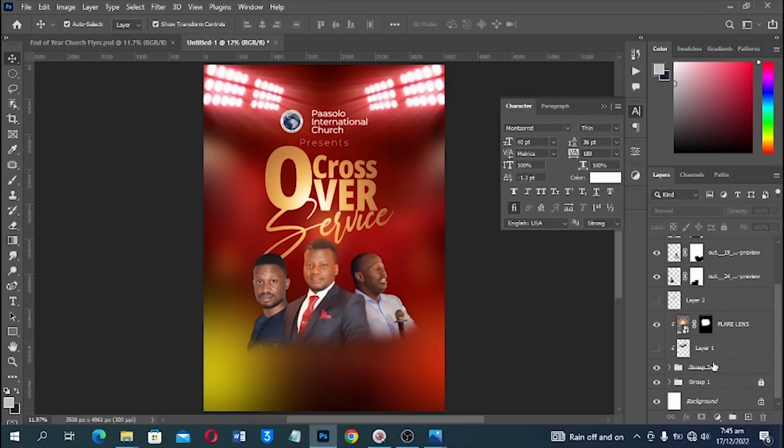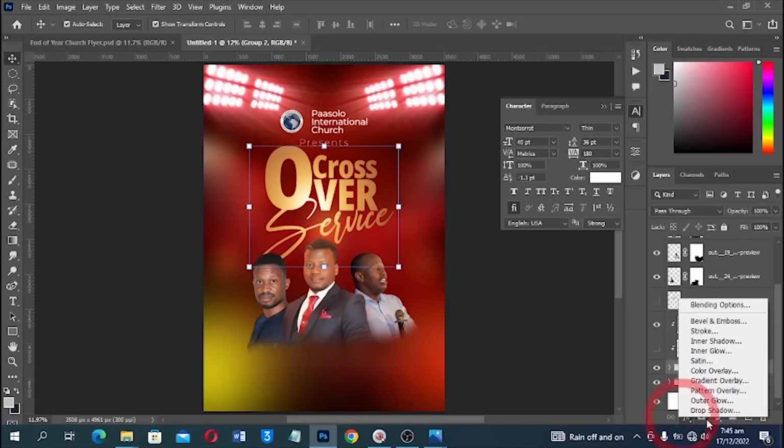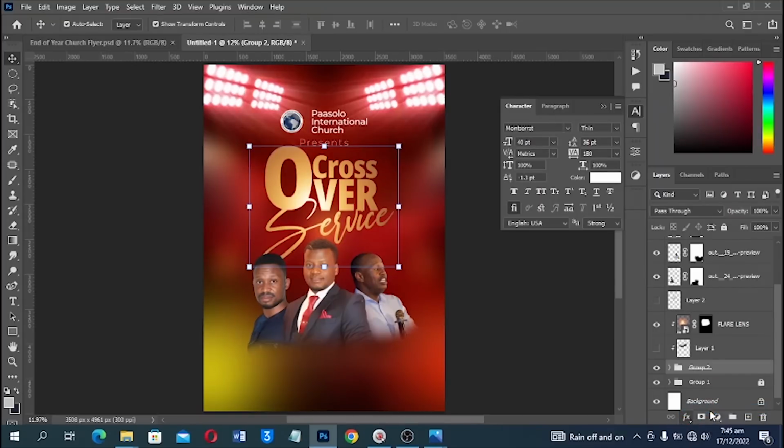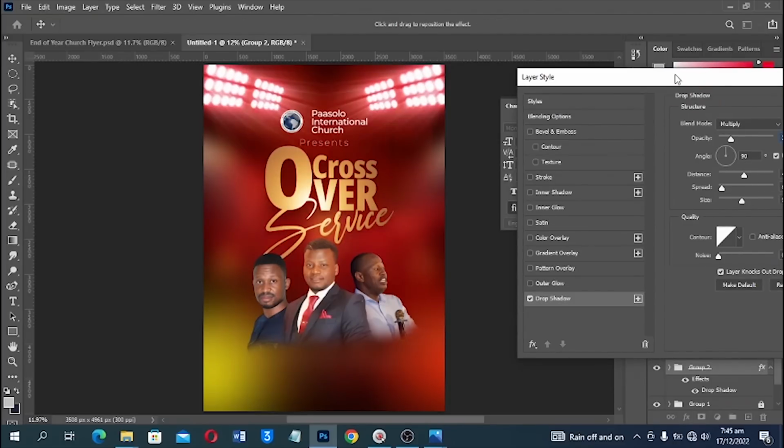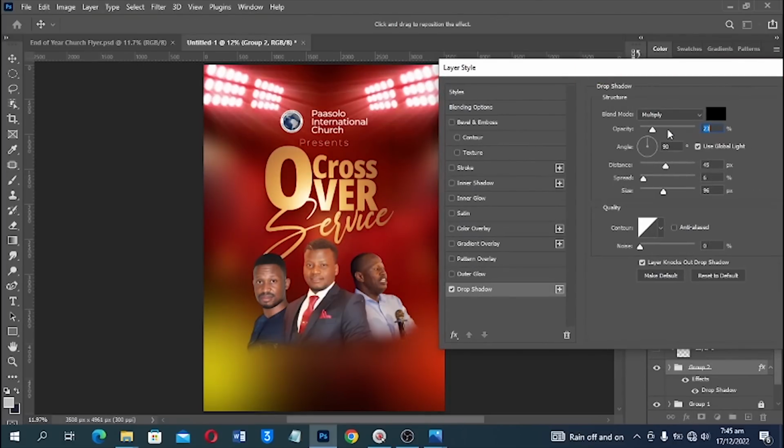So still we can make our text pop up by adding a drop shadow. The text is not popping up as it's supposed to be, so let's add a drop shadow. Increase the size of that. That's the opacity. Let's increase the opacity, let's increase the size, or reduce the distance, reduce the size a bit, and let me move it a bit down. Let's see before,